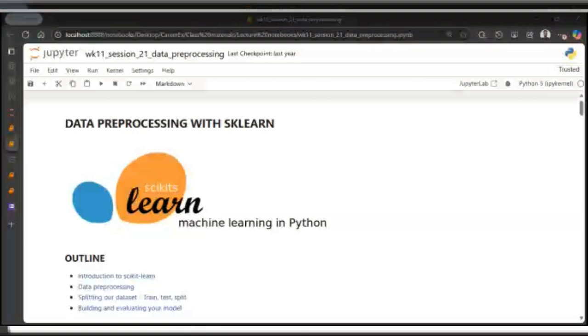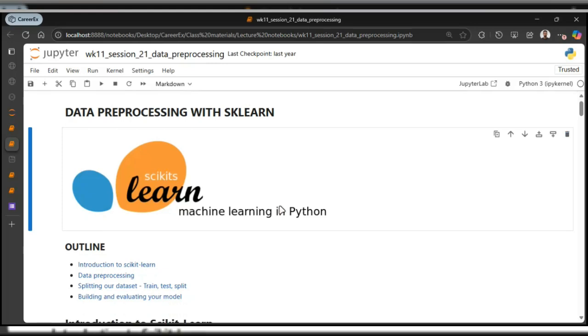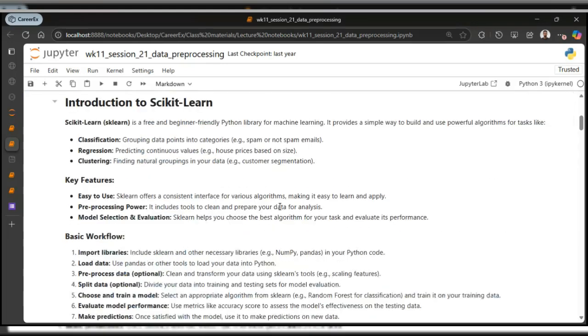We looked at what data preprocessing is and how we can perform some preprocessing using some techniques that we looked at. There are some things I want to talk about today.